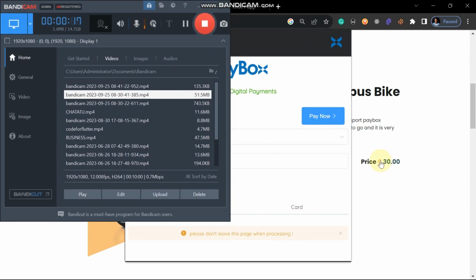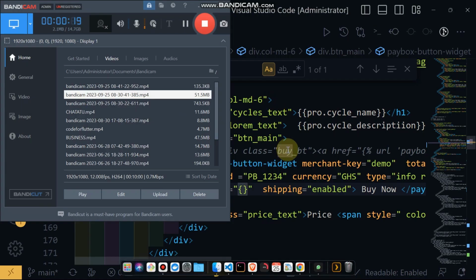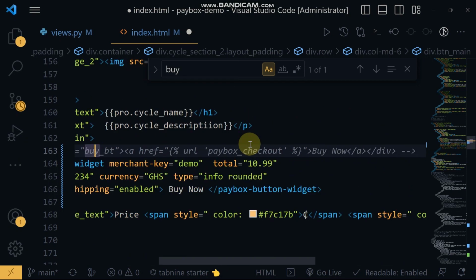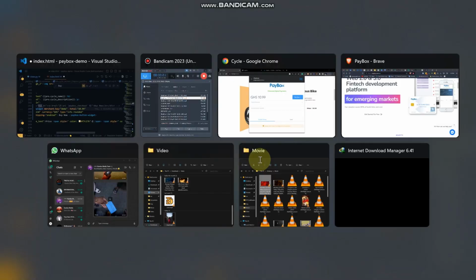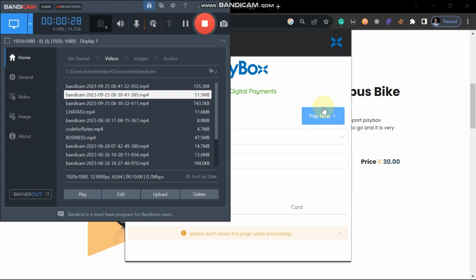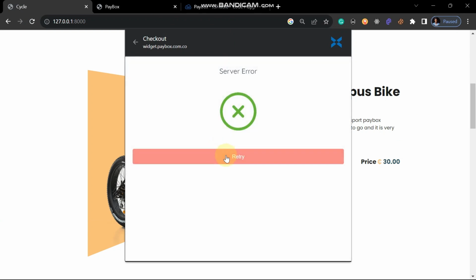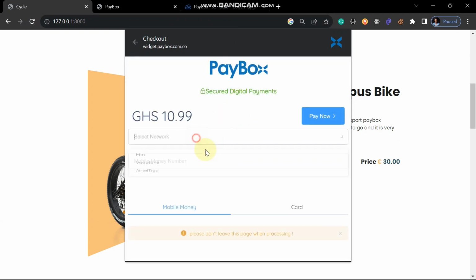It's not going to give them this price because I haven't asked it to pay this price. As you can see, it was just 10 Ghana cedis 99 pesos. So let's try making payment now and see. Pay. You see, we get an error, right, because we haven't